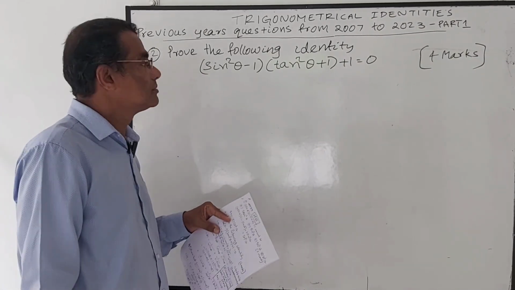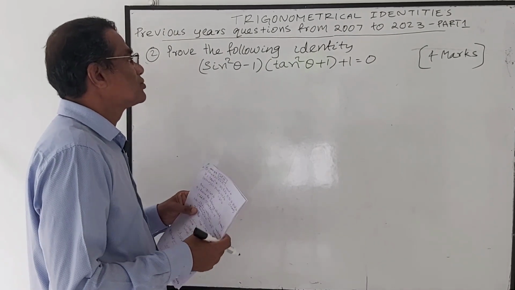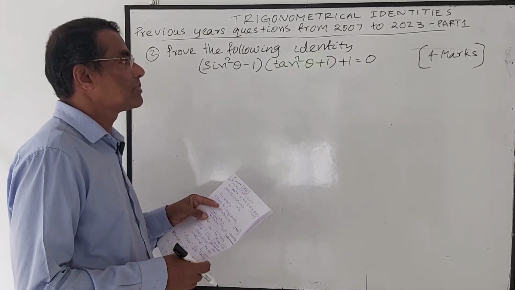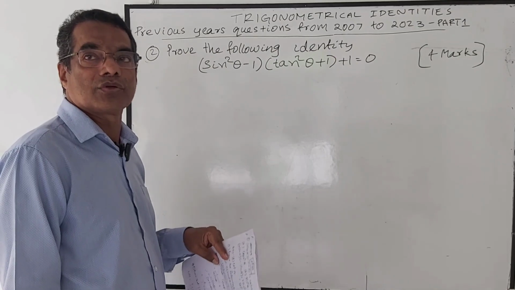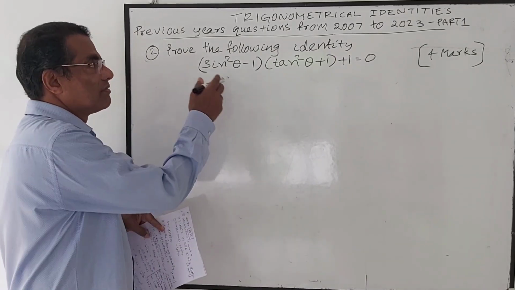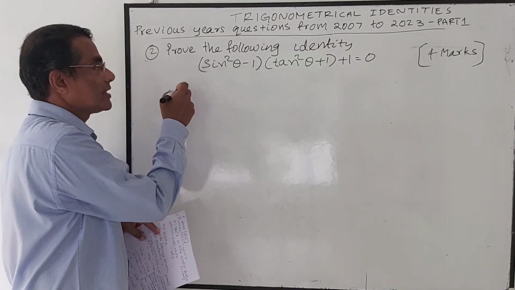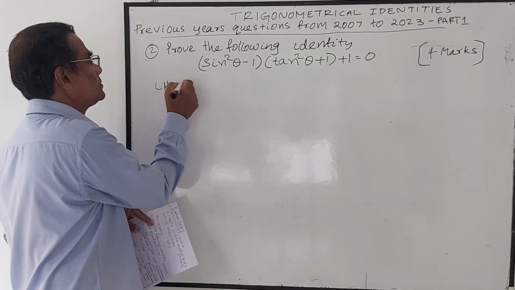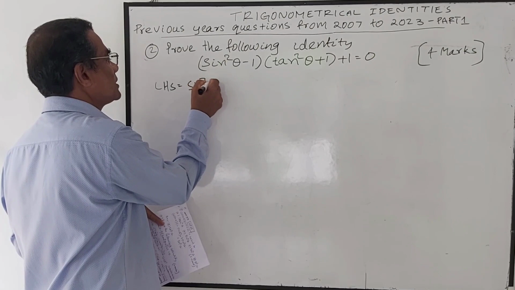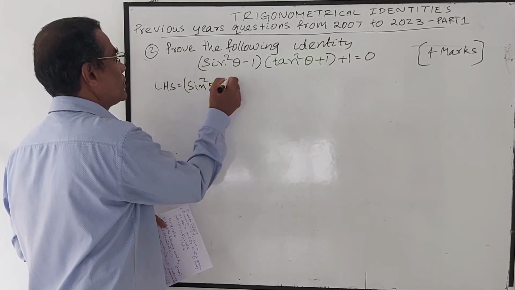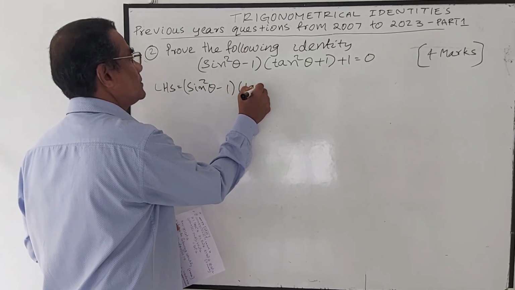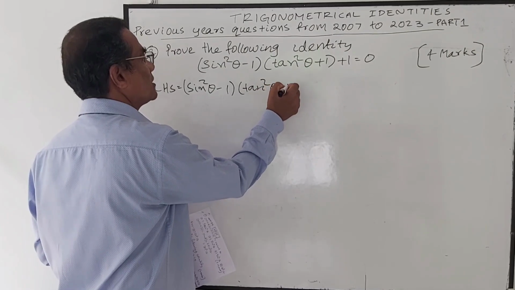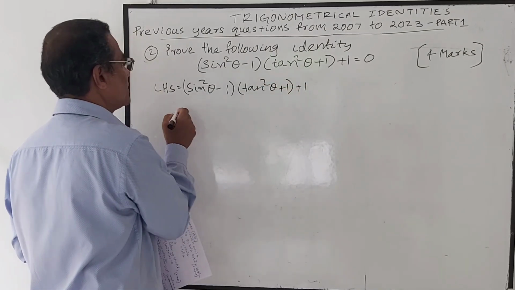The second question, sin square theta minus 1 into tan square theta plus 1 equal to 0. Obviously we will work out with the left hand side. Left hand side equal to sin square theta minus 1 into tan square theta plus 1 equal to